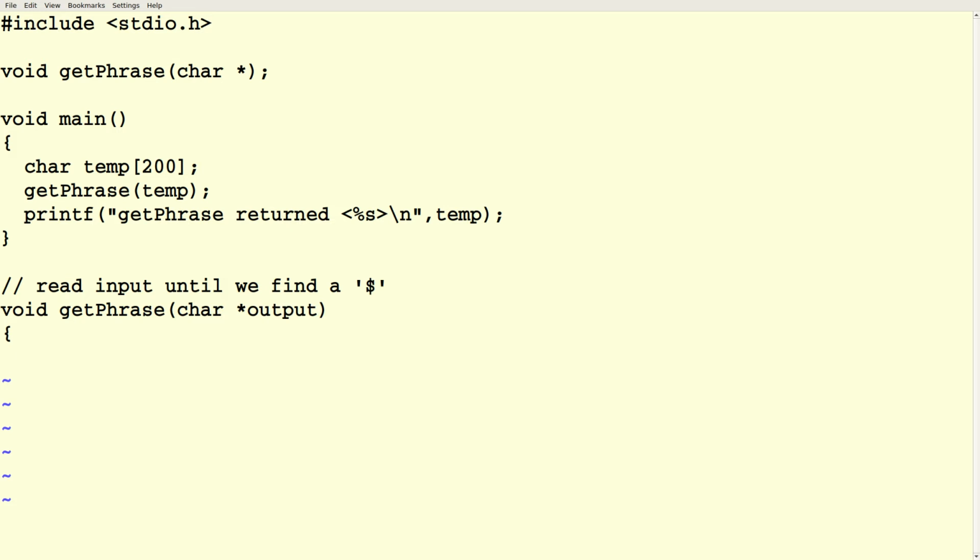My main program is just going to call getphrase once and print out what it returns. And let's just write getphrase to call getchar until we find a $ sign. Totally random thing to do.